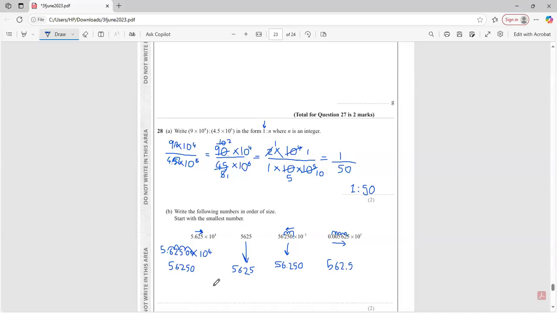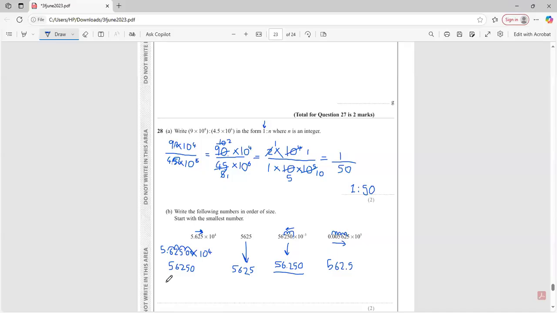Here we go. So can you tell me which one is smallest by your own judgment? Which one is the smallest? The third one. This one, right? Yes, the third one. Okay, so followed by,